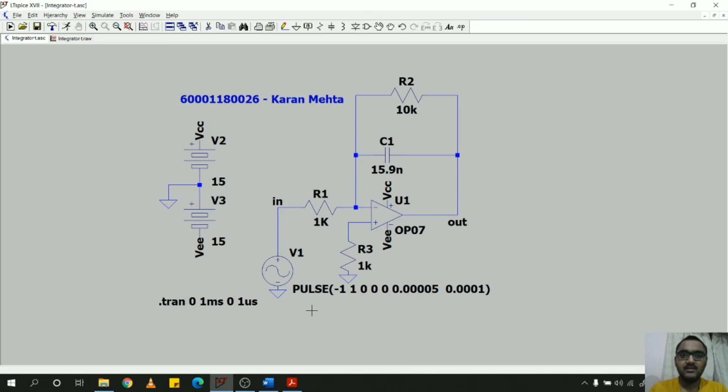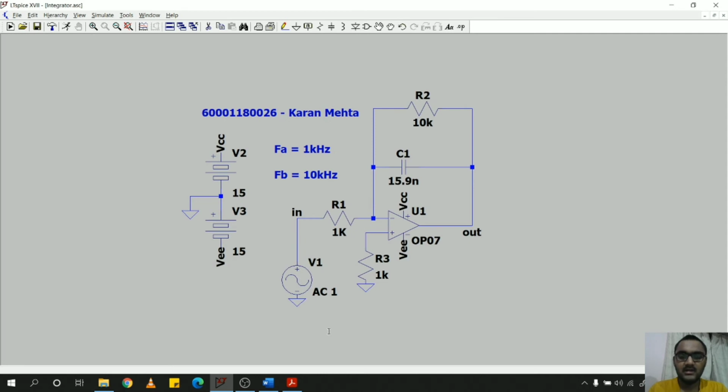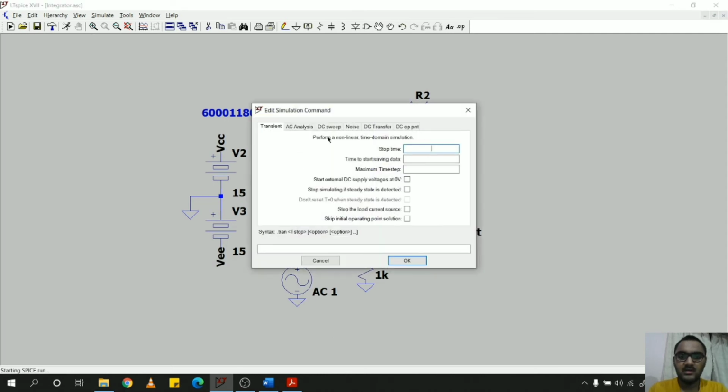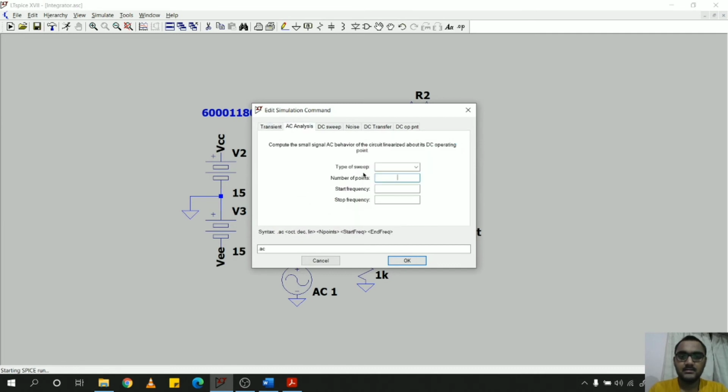Now let's check the frequency response of the integrator. I have already made the circuit for the same, so I'm going to open that. Now let's run the simulation. In the simulation command window, select AC analysis. In the type of sweep, there are multiple options.